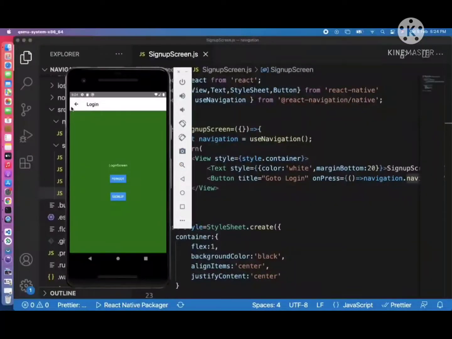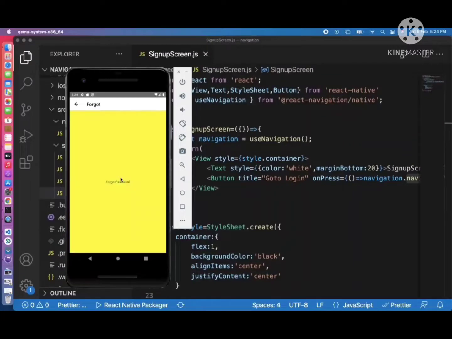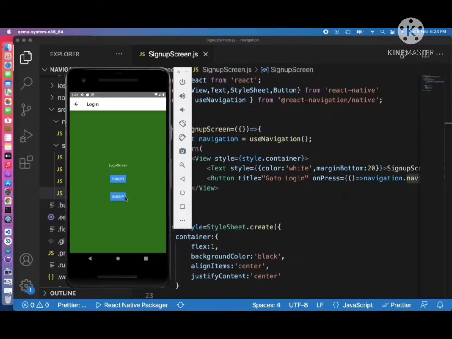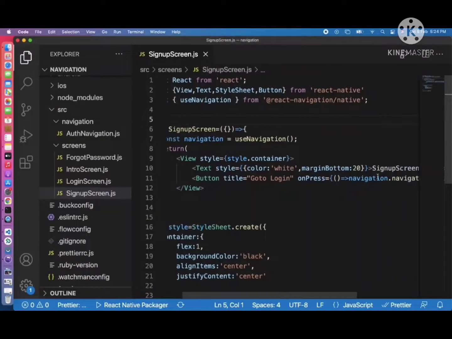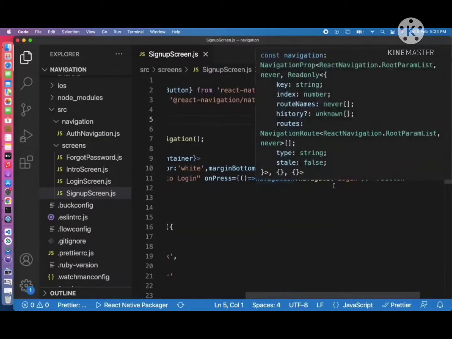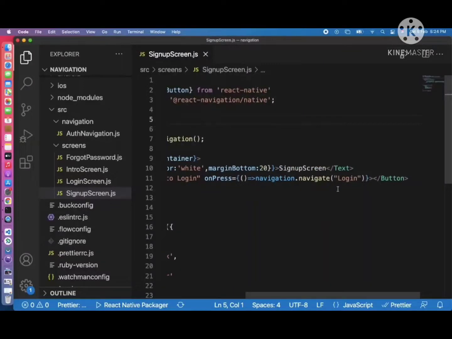Integrated, we have connected all the screens in authentication navigation, right? So if I look into the screen, go to login screen, it will navigate into login screen. If I click forgot password, it will navigate into forgot password. If I click sign up button, it will navigate into sign up. So we have already integrated go to login button, right? But for go to login, what we are doing, navigation.navigate, we are again calling the same screen into the stack. So we can avoid this calling using the method